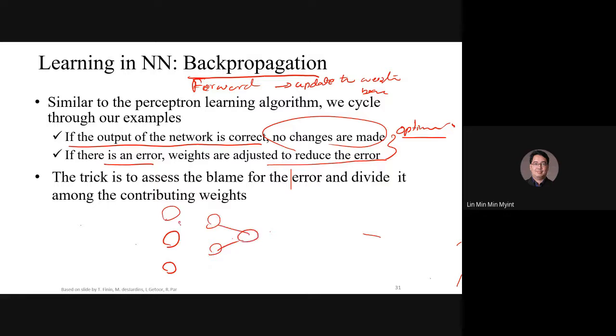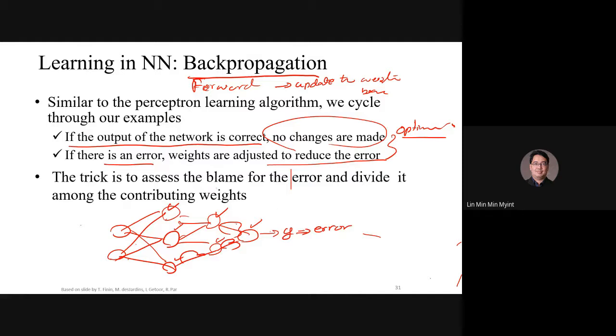So this output y is not only dependent on this neuron, it also depends on this one, this one, this one, this one, this one. This means it also depends on this weight, this weight, this weight. So how they do it is, if there's an error in the y,